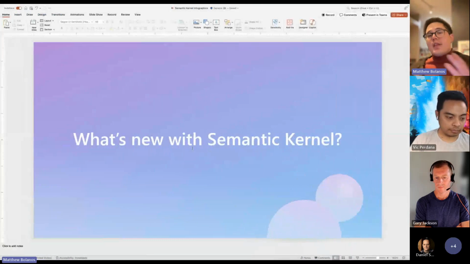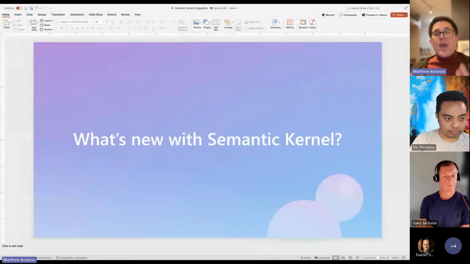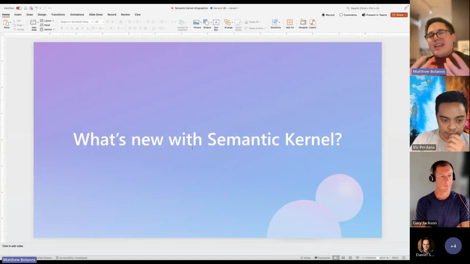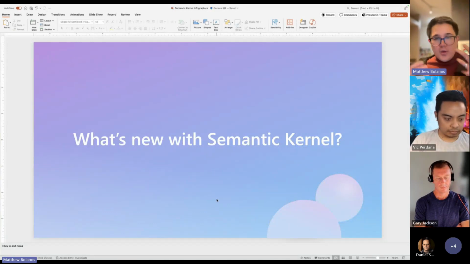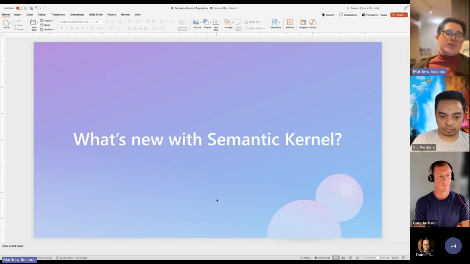The next thing that is new is our way of merging in new AI connectors. As a community, y'all have done a really great job of creating new connectors to Llama, to Gemini, to all of these other services.